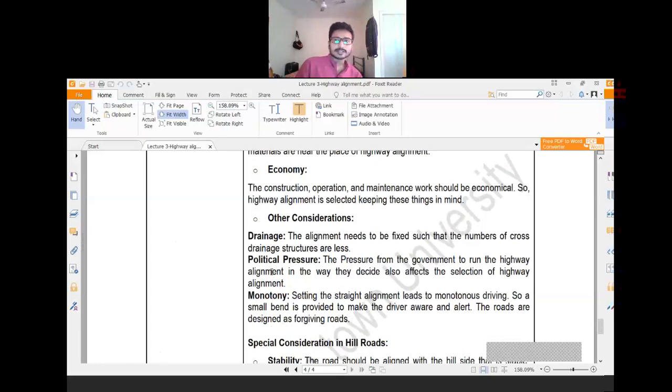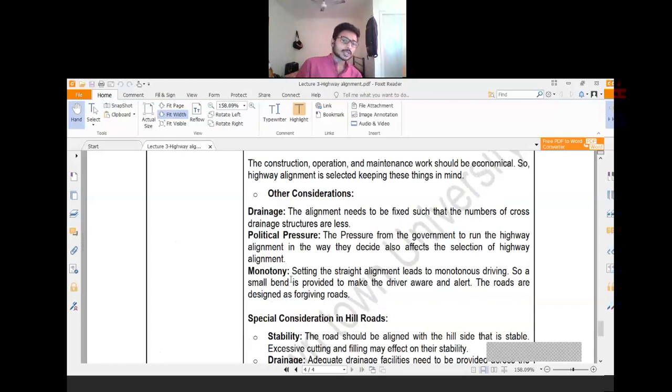Then political pressure. So sometimes what happens, as we have discussed, the construction of the road is associated with societal development and the increase in land value. So suppose a new project planning has been done, that one new road will be constructed over that area. So in that case, if you are the engineer of that road development planning, you may feel some political pressure to deviate the alignment so that the alignment can pass through some land of some important political figures or some other persons with some powers. Okay,